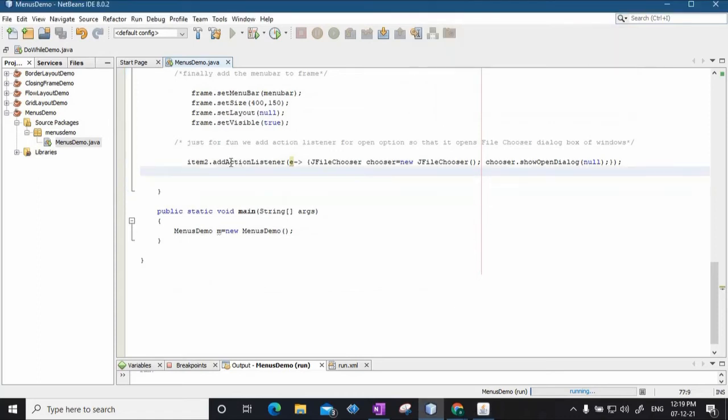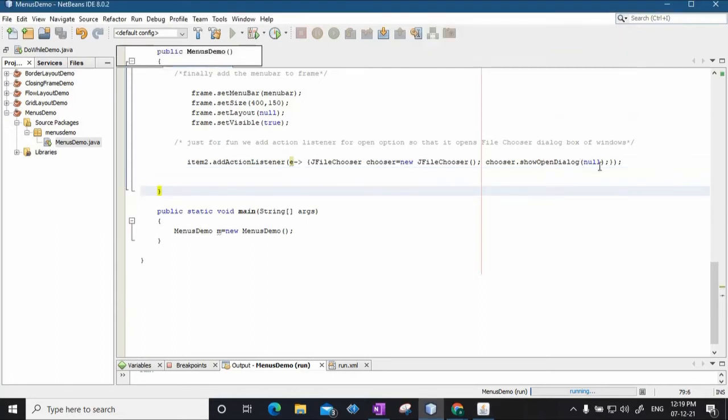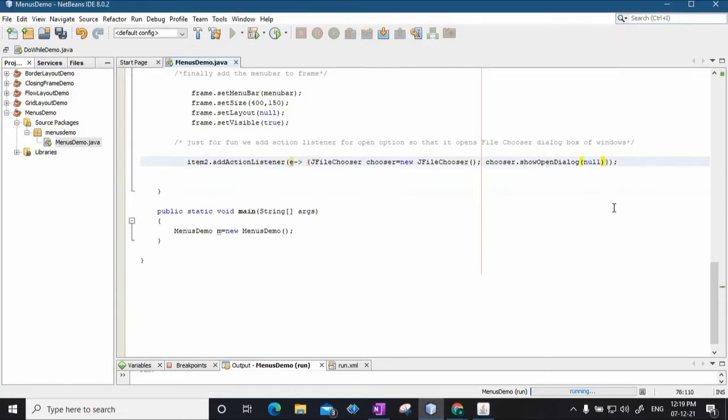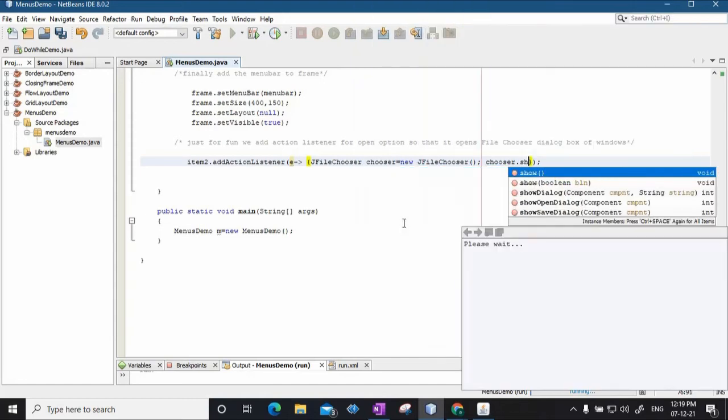This is just one example. You can add more action listeners here for each of the items. For example, for New you can add one as well. The chooser object has different methods, I'll just show you. It can add a component, it can show different things.